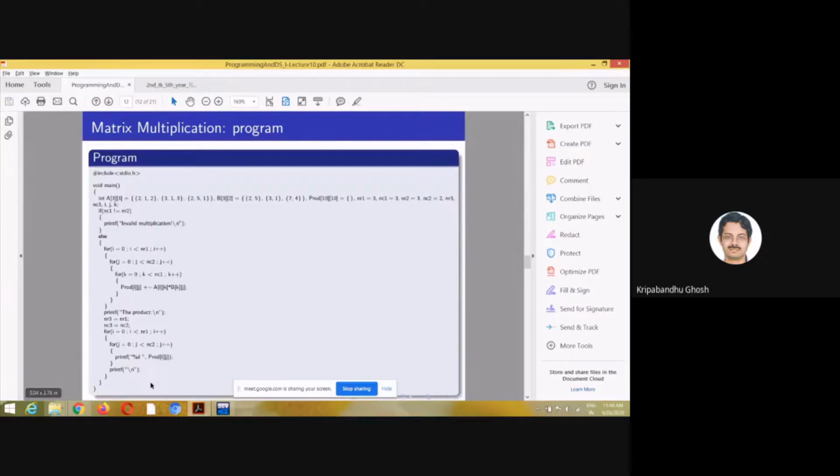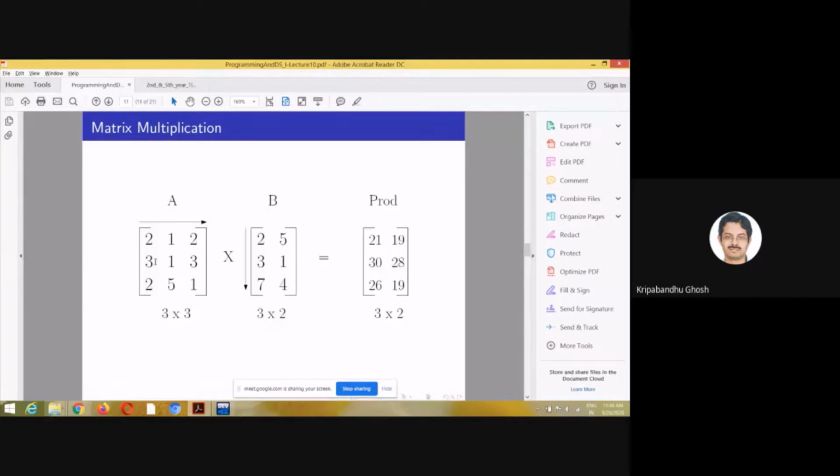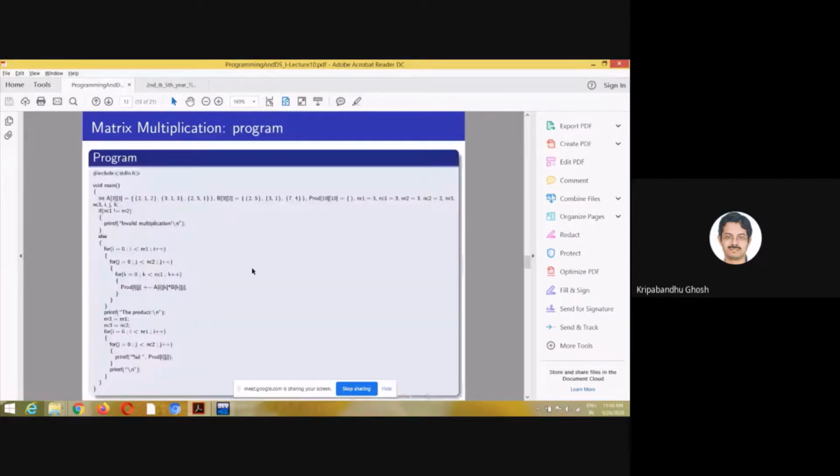So this will print the product. So I will run from 0 to the number of rows here, and this will run from 0 to the number of columns of the second matrix.